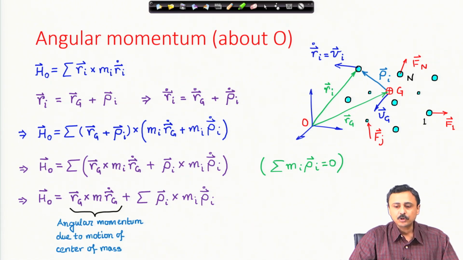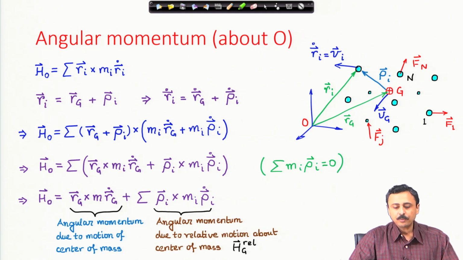It is because of the motion of the center of mass about O that produces this moment of linear momentum of the center of mass, and the whole mass is concentrated at the center of mass. Therefore, it is the angular momentum due to the motion of the center of mass with the whole mass concentrated at the center of mass. And the second term on the right hand side is the angular momentum due to the relative motion of the particles about the center of mass,